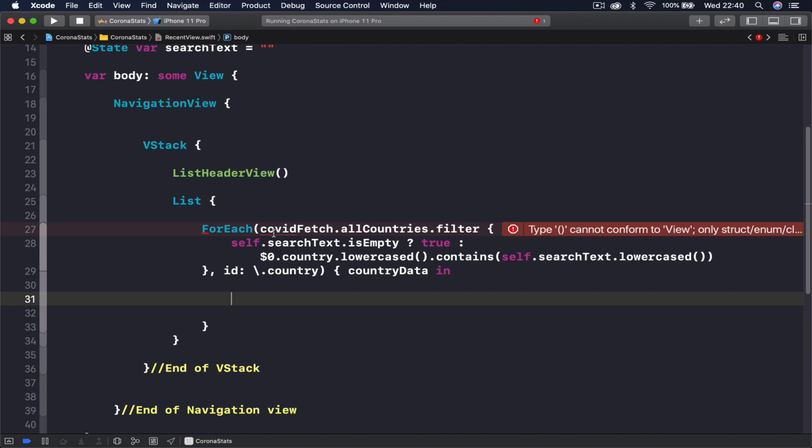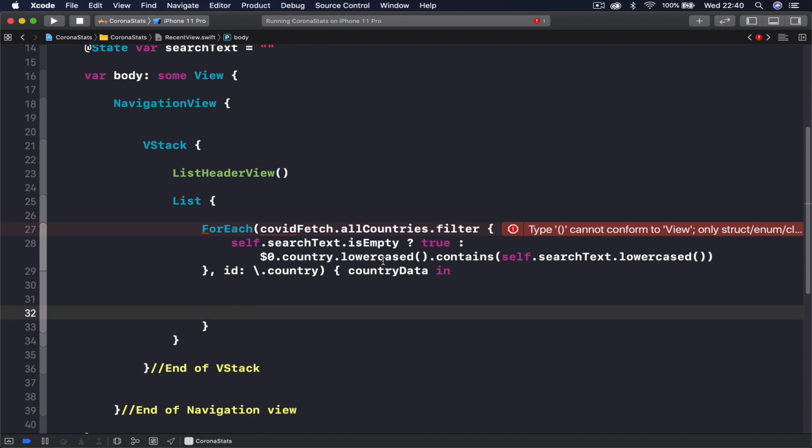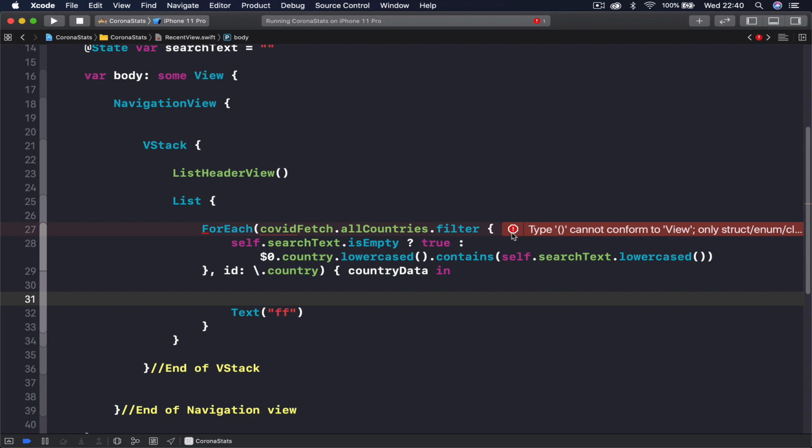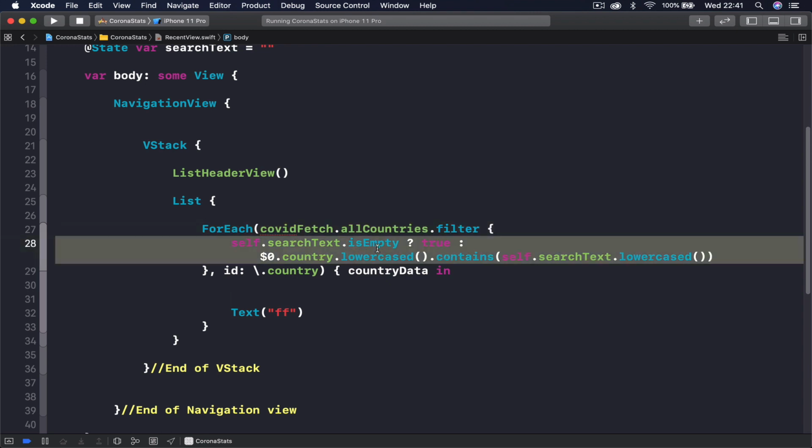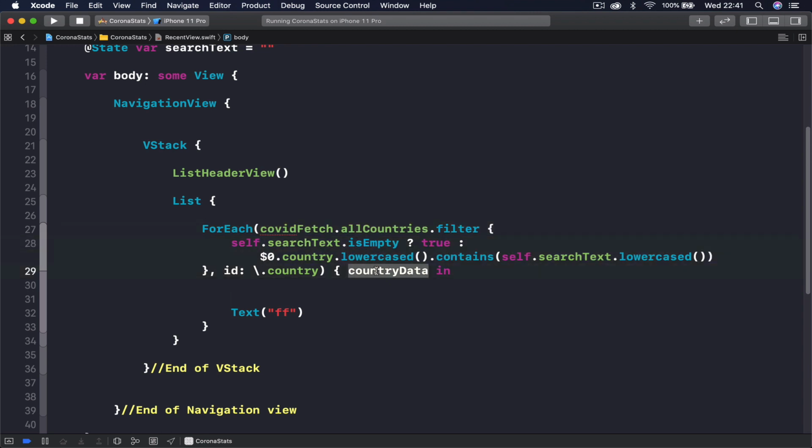And the reason it complains is actually we haven't returned any type of view here. That's why it's giving this error. So if you just say like text and put something here, even empty text, the error should go away. So we are filtering our list here depending on what search parameter we have, and we're returning this country data